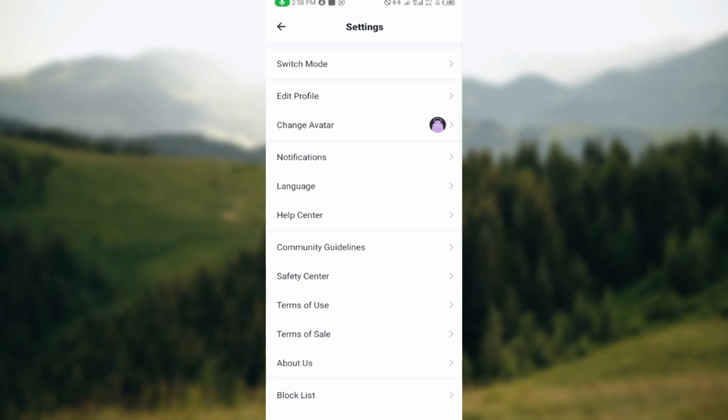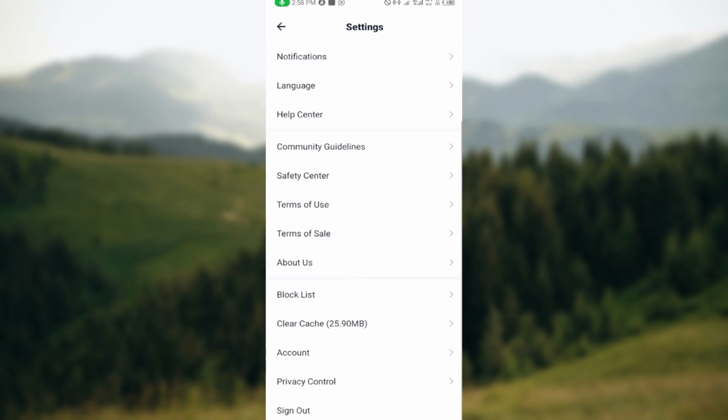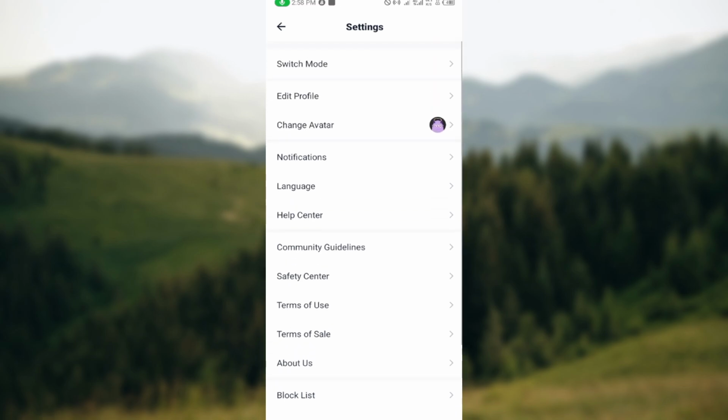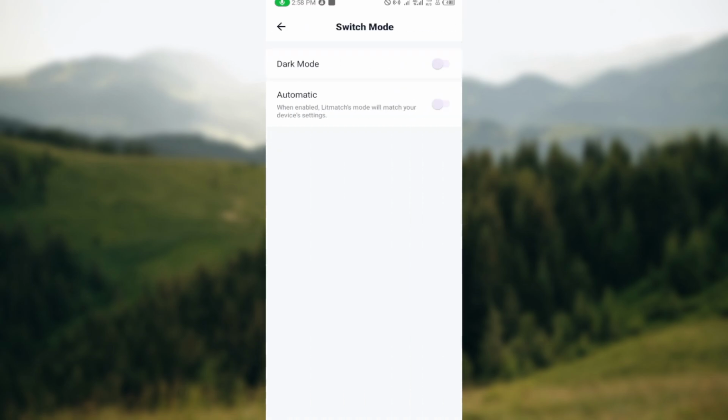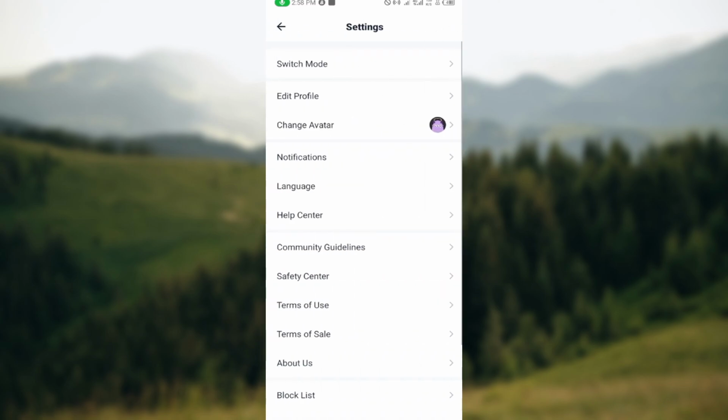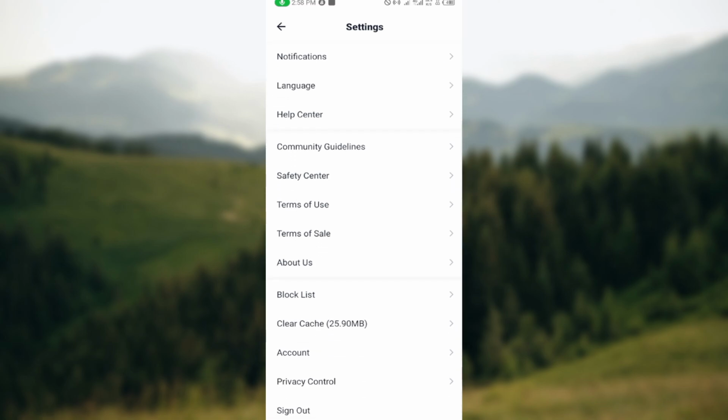Once you're on your settings page, the next step is for you to scroll down. You will see different options, right? Such as switch mode, which will take you to the mode where you can switch from light mode to dark mode. You can see edit profile, change avatar, notifications, language, help center. Just scroll down until you can see the last tab, which includes block list, clear cache, account, privacy control,